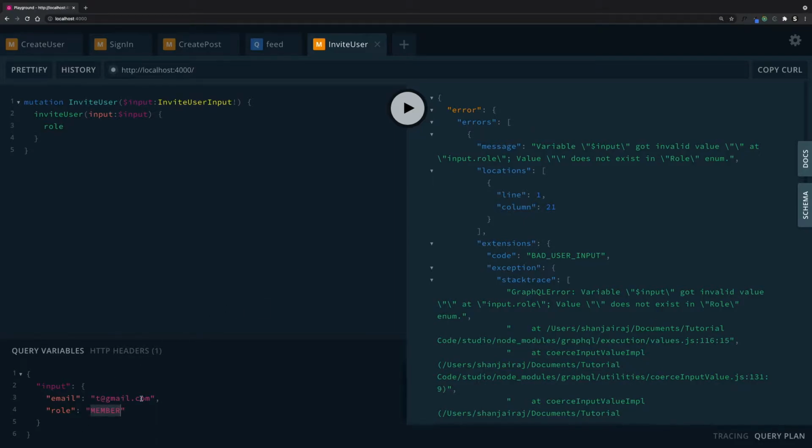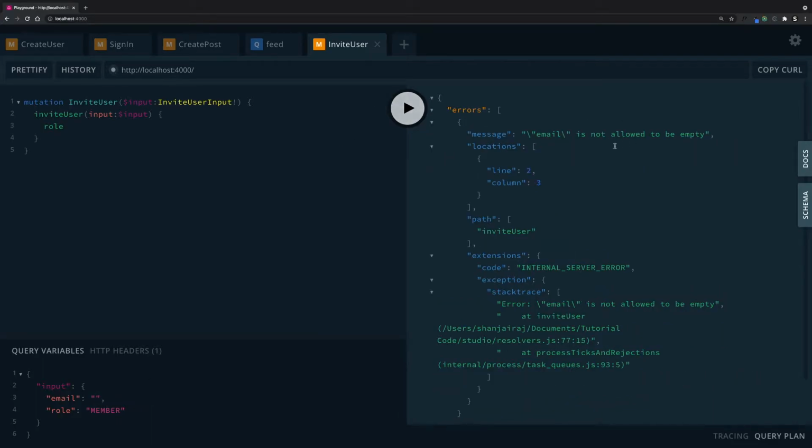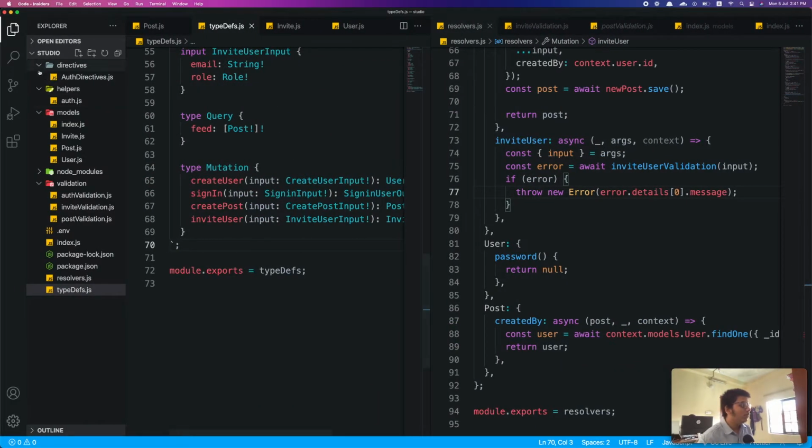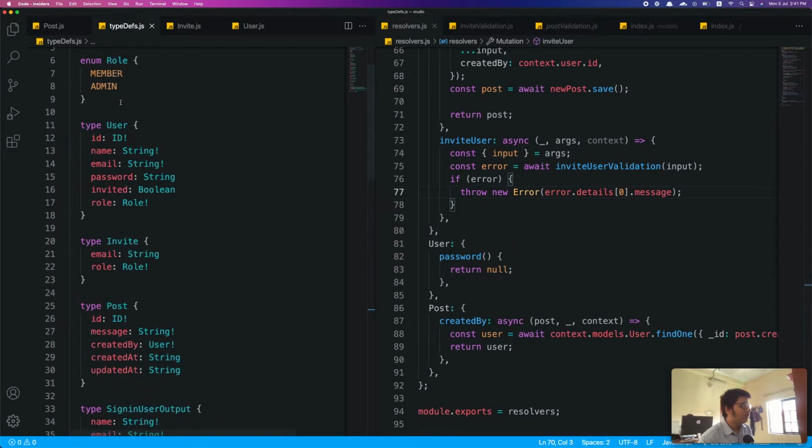Okay, let's not have that. Let's not send an email. Email is not allowed to be empty, which is coming from Joi. If I just type in a name, it says email must be a valid email. I'll say test@gmail.com, and now those errors are not showing because all of the validation points are passing, and we're not actually returning anything in the form of an invite user. So close this. We'll go to invite user,